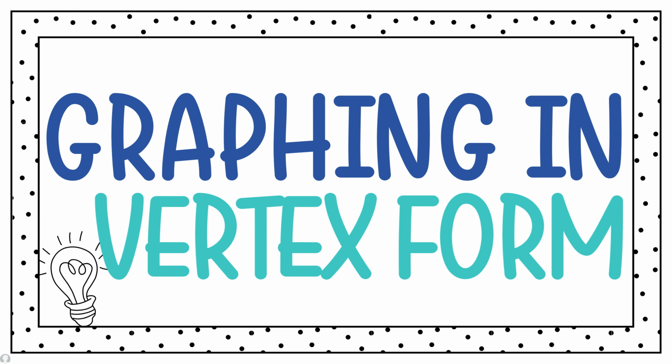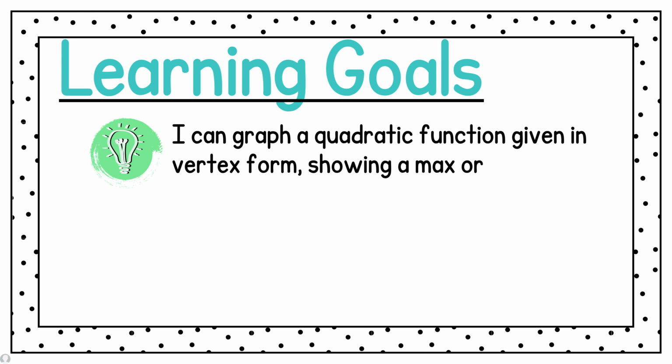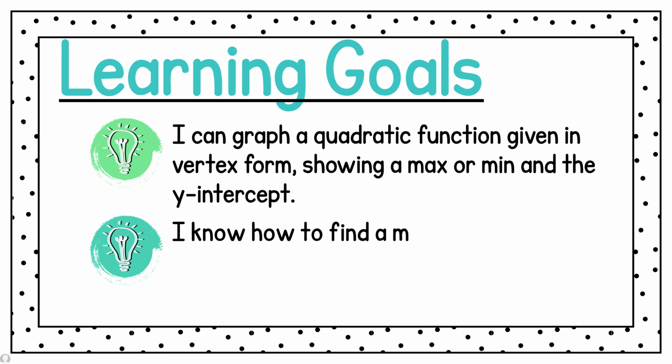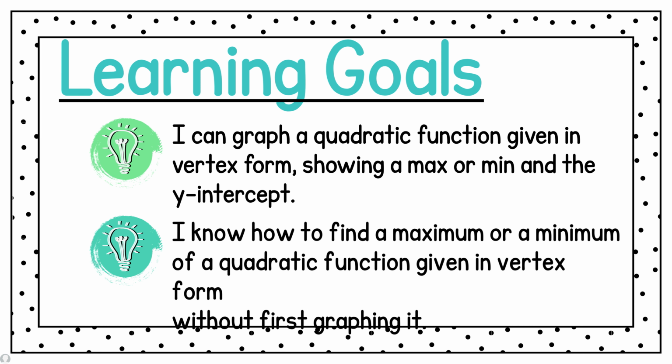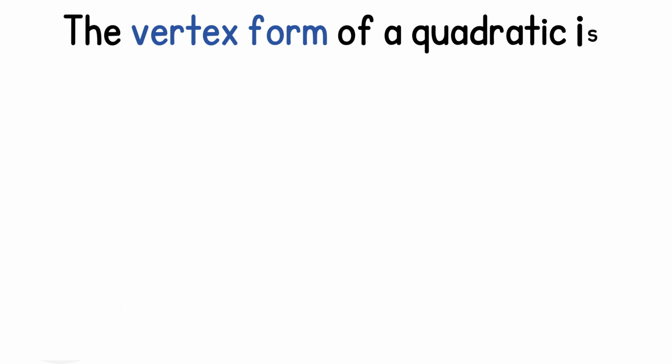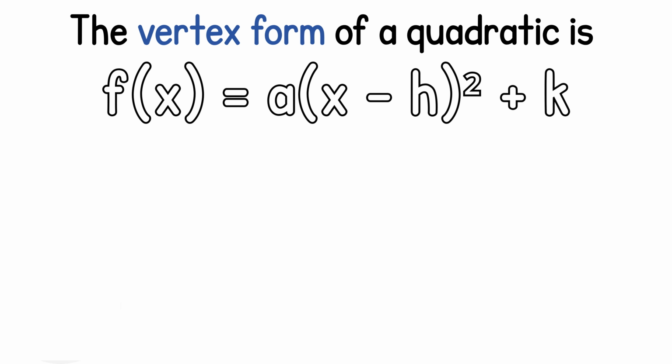Graphing in vertex form. In this video, you'll learn how to graph a quadratic function given in vertex form, showing a max or min and the y-intercept. You'll also learn how to find a maximum or minimum of a quadratic function given in vertex form without first graphing it. So the vertex form of a quadratic is f of x equals a times x minus h squared